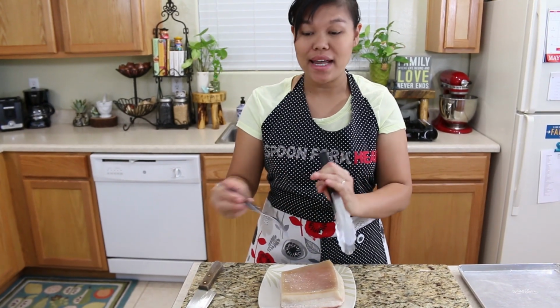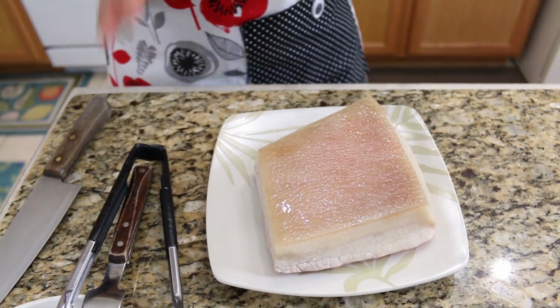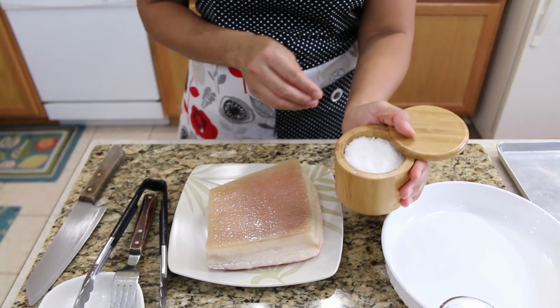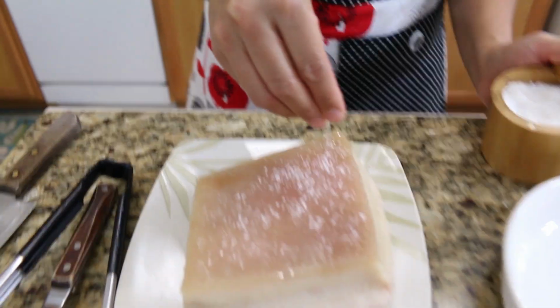Okay, now I'm done poking my pork skin, and you have to make sure you poke a lot of holes into it, because the more holes you make, the more extra crispiness it adds to your pork skin. Next, I'm going to add sea salt on top of my pork skin for extra flavor